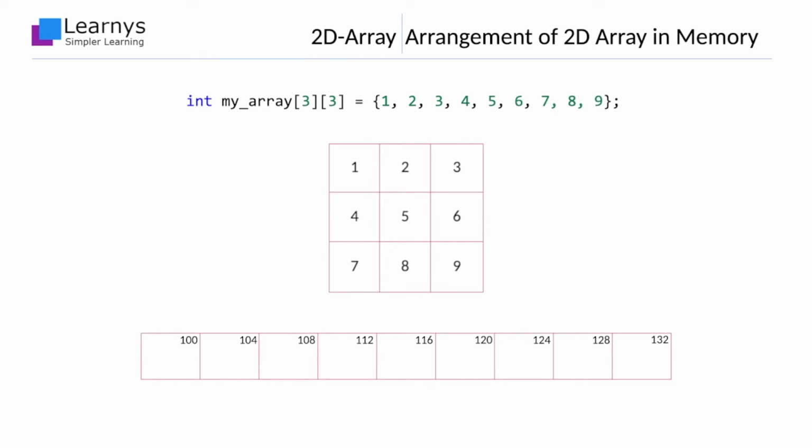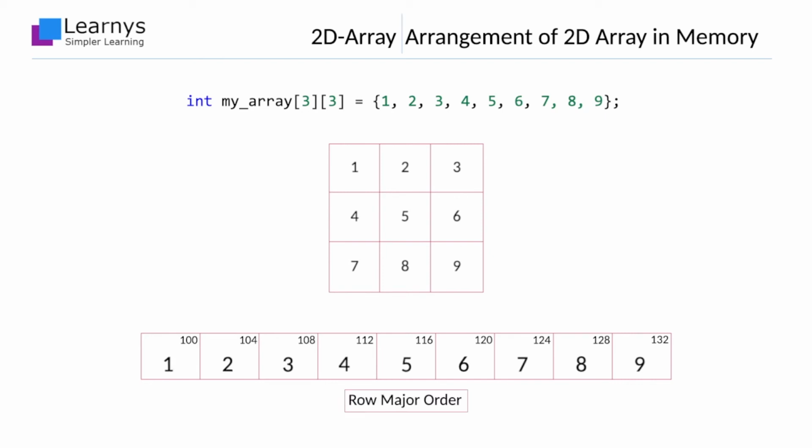The elements of the two-dimensional array will be laid out in the allocated memory space row-wise, which means the elements of the first row starting from the first element will be laid out first, followed by the elements of the second row, again starting from the first element of the second row, and so on. If you notice, this arrangement looks exactly like a one-dimensional array. Next time when you come across a statement like two-dimensional arrays are stored as one-dimensional arrays, do not get surprised. Now you know what that means.